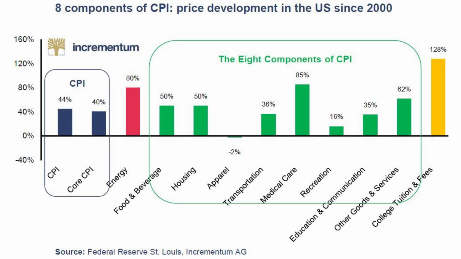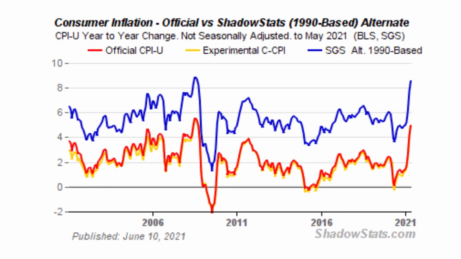The CPI calculation has changed multiple times over the years and has a few adjustments to it that are designed to bring down certain prices, and for that reason, many people believe CPI deliberately understates the true inflation rate. House prices, food, healthcare, and college tuition are all rising faster than CPI, and they make up the vast majority of the typical middle-class expenses. For example, Shadow Stats publishes the original CPI calculations without all the recent changes, and they estimate that true inflation is around 8% higher than the CPI.